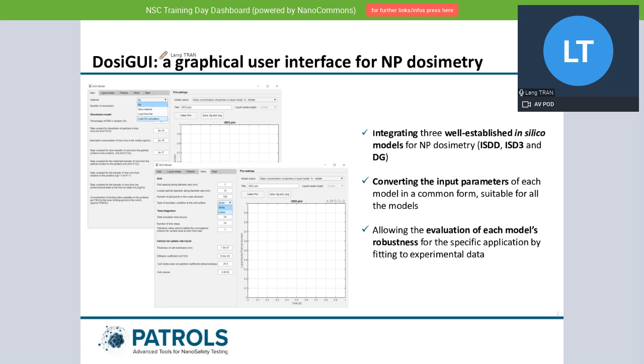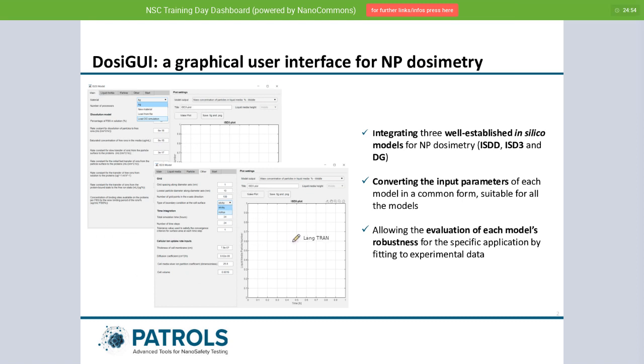So it would be really nice, perhaps in another workshop that we set up, we'll take you by the hand and show you how to use it. But it's quite straightforward. You can input different numbers representing the nature of the well, the nature of the liquid that you have, the particle characteristics, and so on. And then the concentration, of course. Then you try to predict the building up of that dose on top of the cell in time.